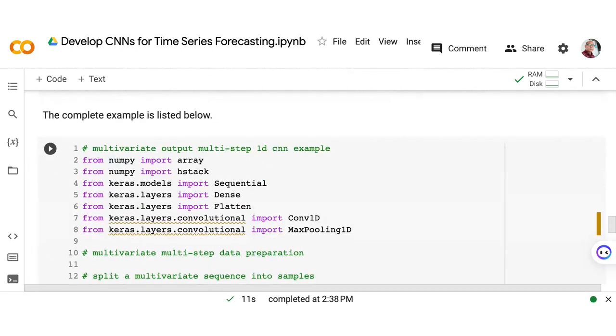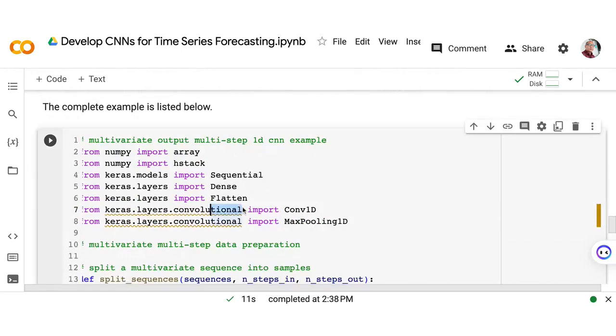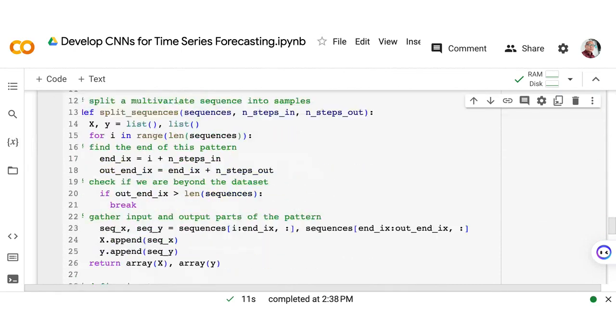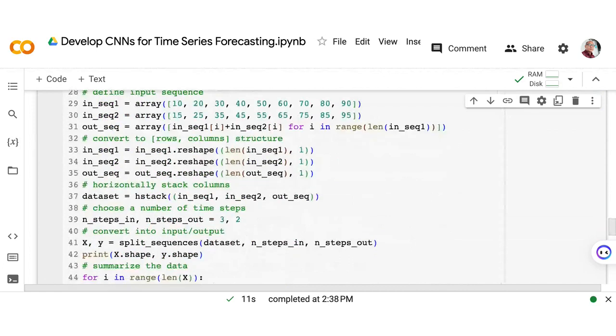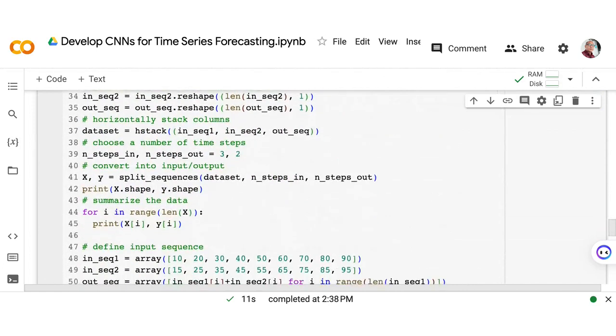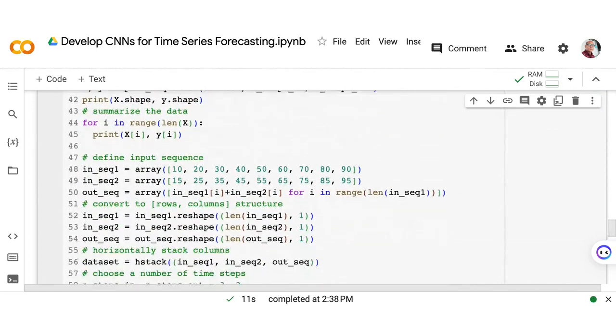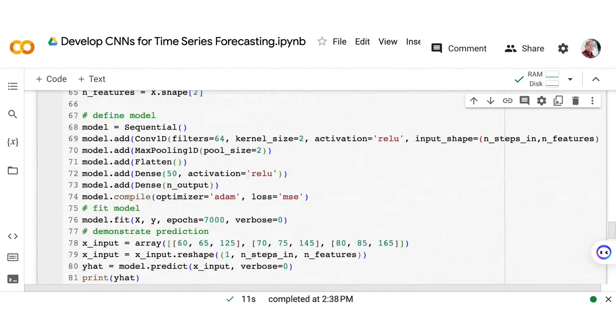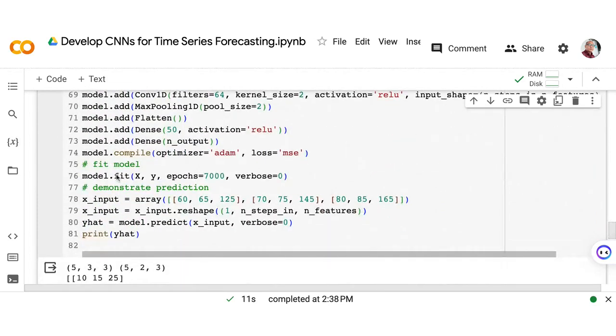Now, this one is the complete code that we have, and we try to run it. Right, so what are the things that are difficult to understand here? So none, no? Everything is the same.